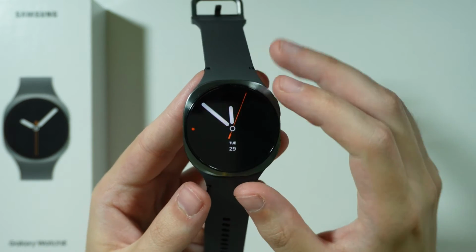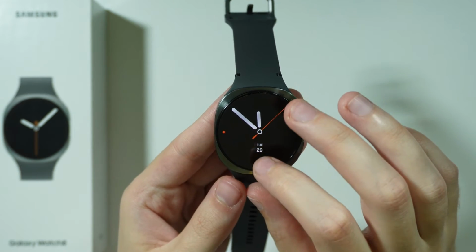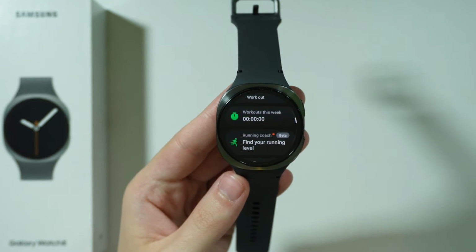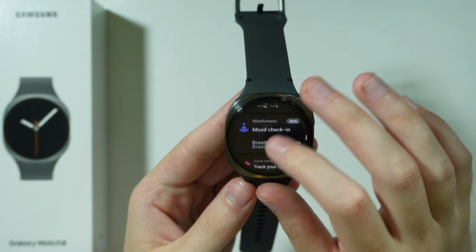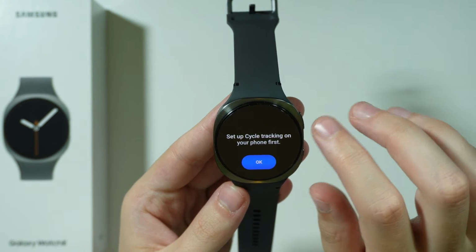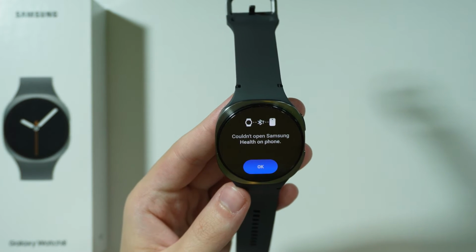In order to find cycle tracking on Samsung Galaxy Watch 8, what you can do is go to the Health app, this one over here, and then if you scroll down, you should be able to find cycle tracking. So let's select this option. First, we need to set up cycle tracking on our phone, so we can press OK,